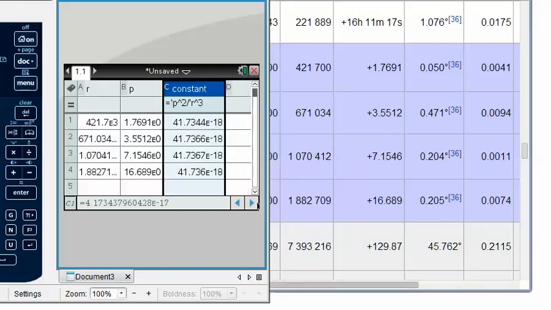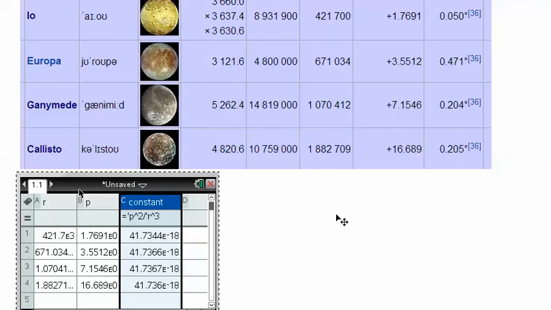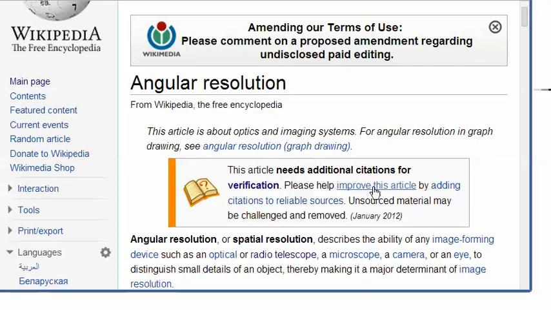if the column were wide enough, it would say 41.7 times 10 to the negative 18th in each case, which is to 3 significant digits exactly what I have up there. Okay, I have one more example that I wanted to do that was about angular resolution,